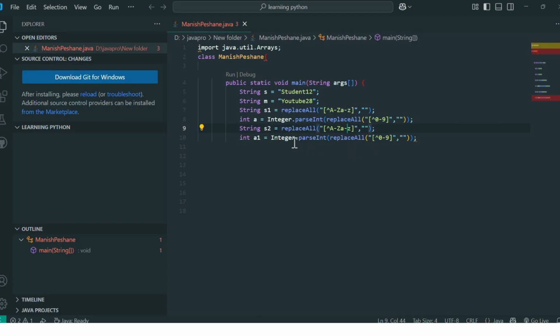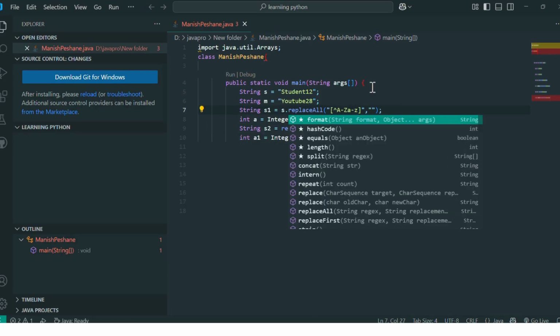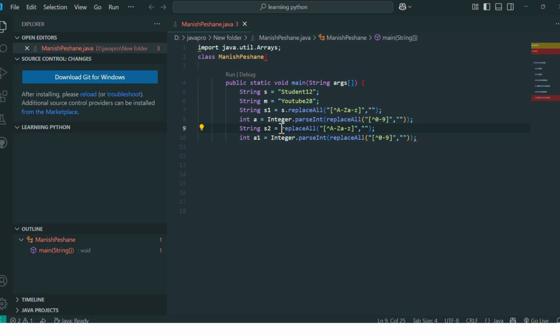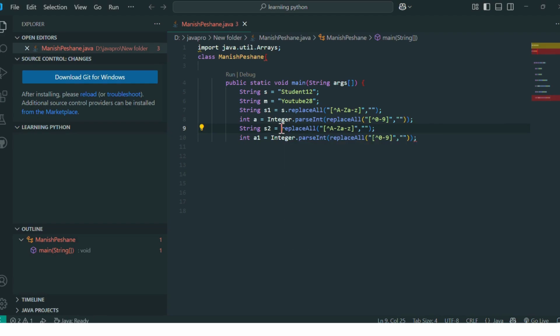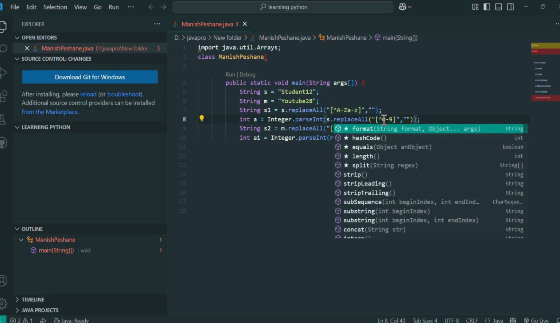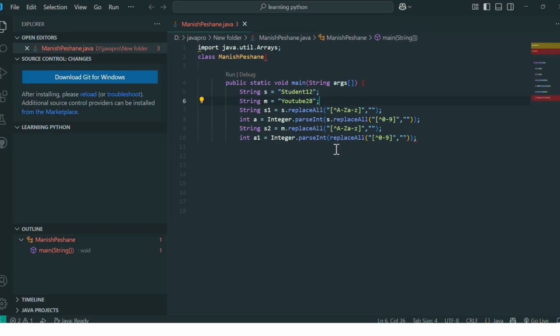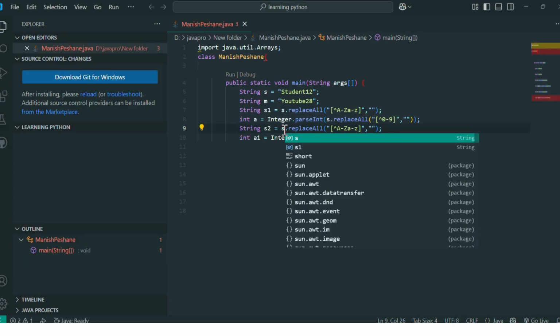Here you need to write s dot. Sorry, I forgot: here also write m dot, and here also m dot, and s dot.